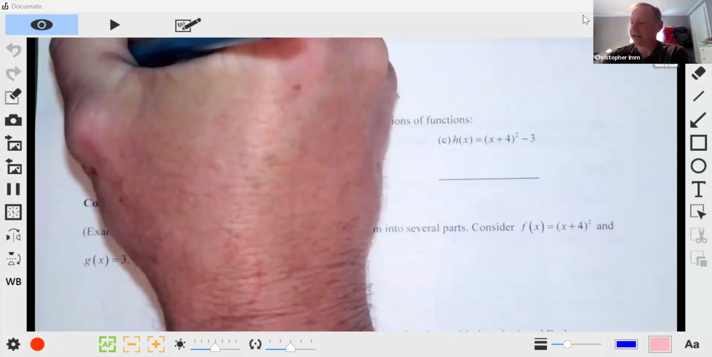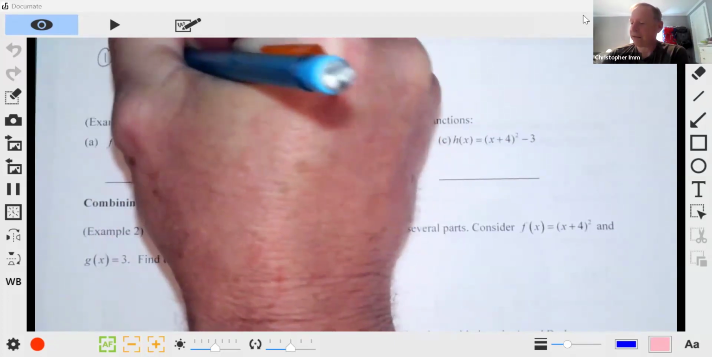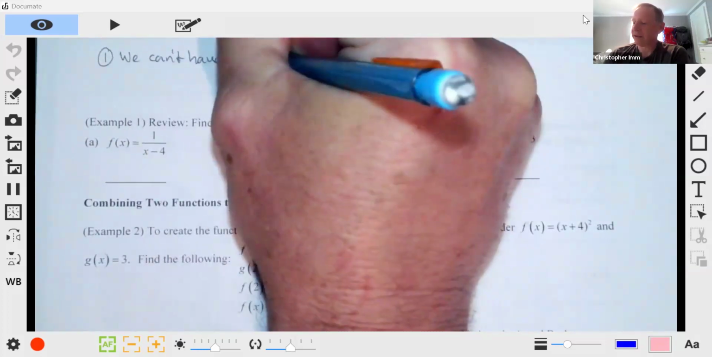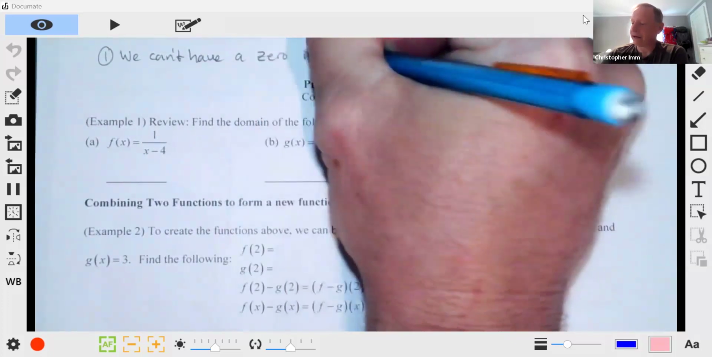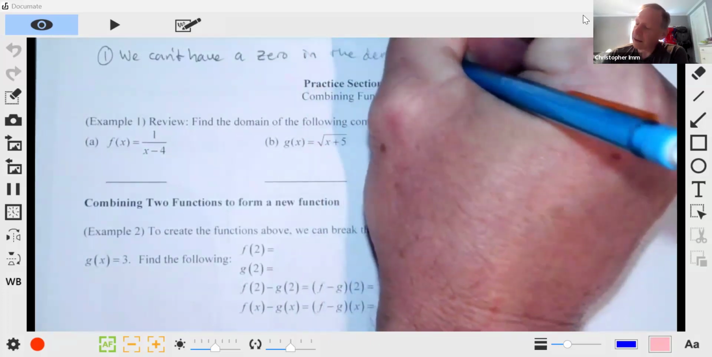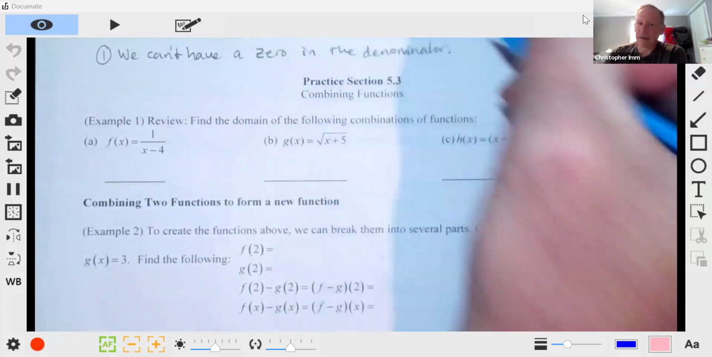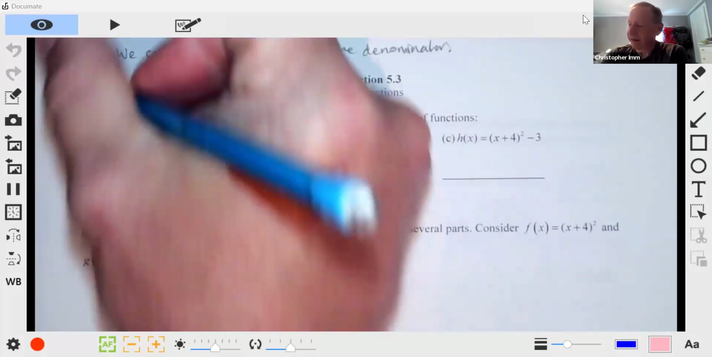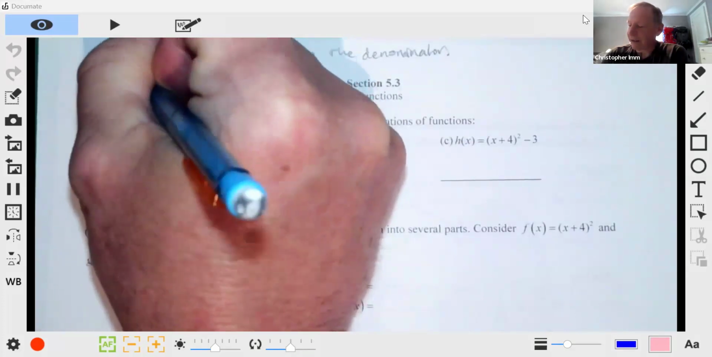So number one, we can't have a zero in the denominator. Of course, we can't divide by zero because that's not allowed with real numbers. So we're looking for x values that have a zero denominator, and we're going to weed those out of the domain. The second thing is we can't have